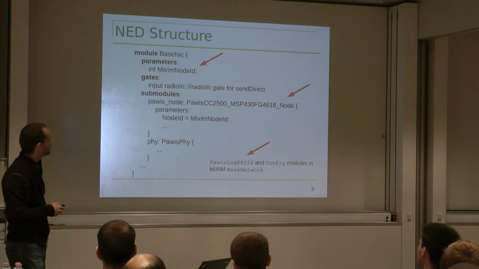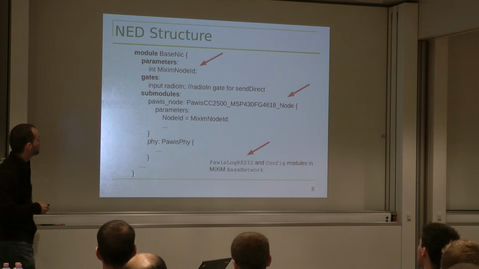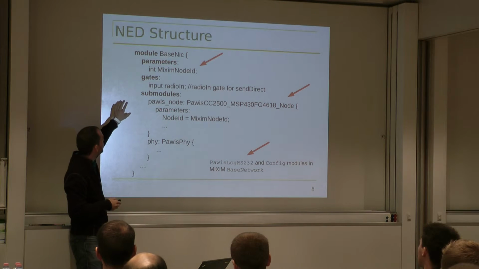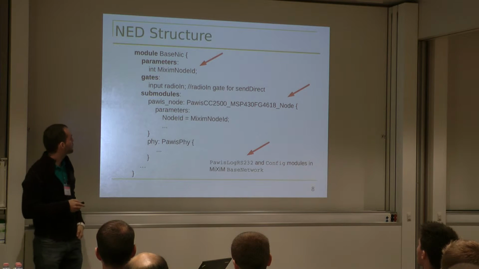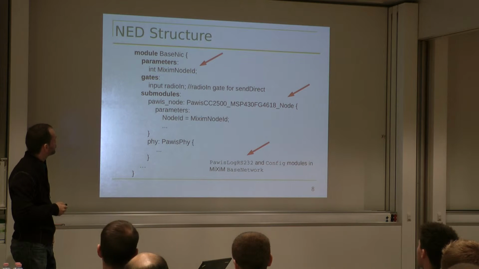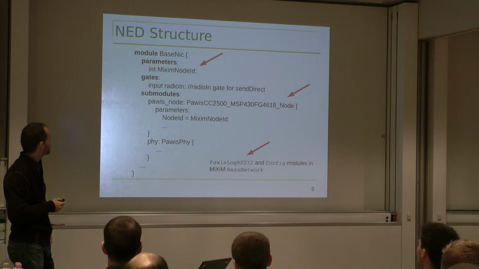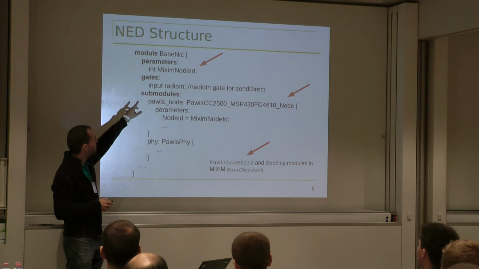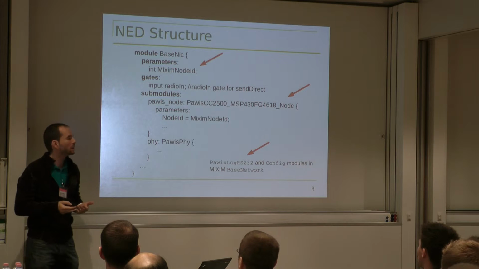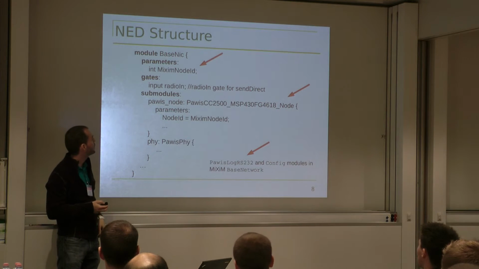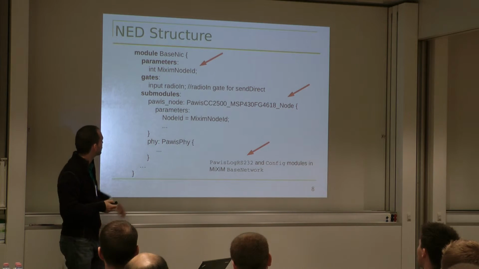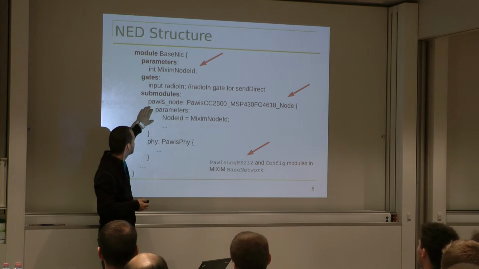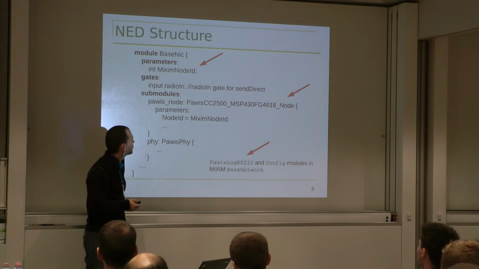The third part was to derive the NAD structure. In a MiXiM simulation, you have to have a base network interface card module. As you can see here, there are two changes necessary to run a combined simulation. First of all, the PAWiS framework needs a kind of node ID, therefore we introduced here a parameter MiXiM node ID. And the second point is that there is a new submodule available in the network interface card, which corresponds to the